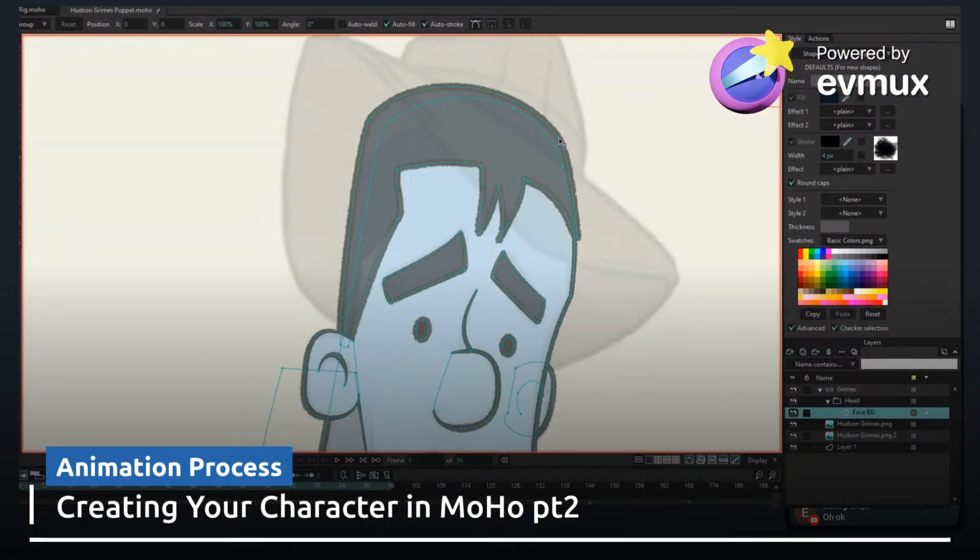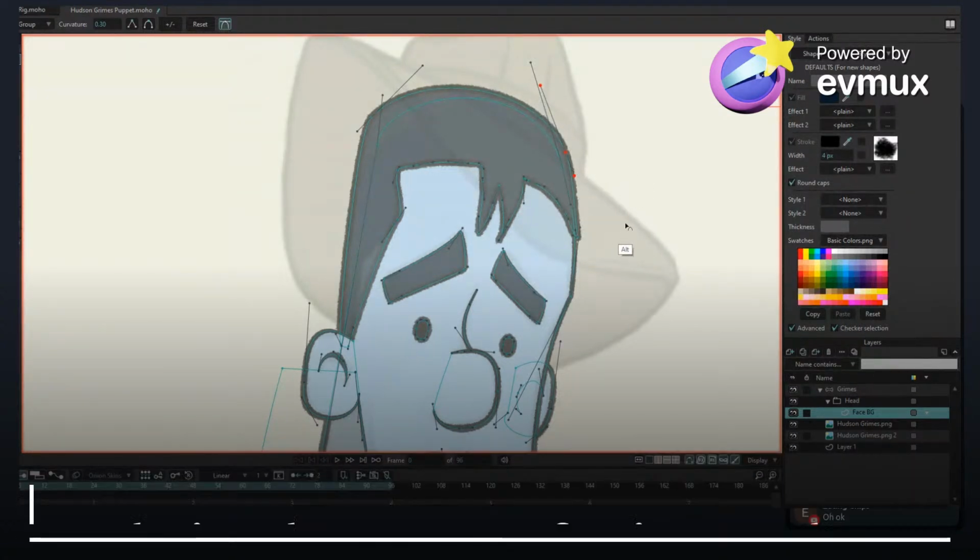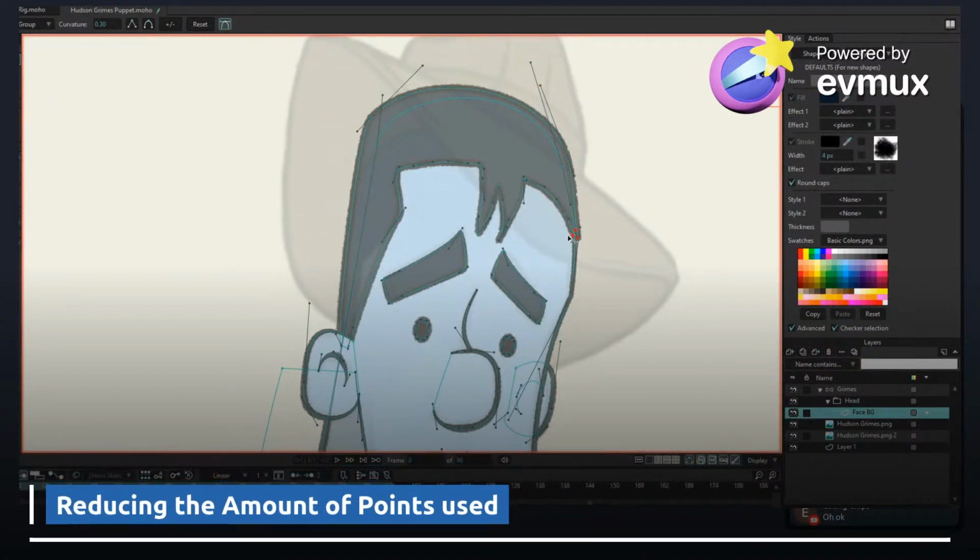Because as he turns, I might want to adjust this a little bit, right? So I'm just going to keep that, but I'm going to adjust the curve. So again with C here, and this curve here is bugging me, but I'm going to T, move this down, C. Oh, wait. Before I do that, I want to make sure I take out all the points I don't need, like this point here. Don't need that one.